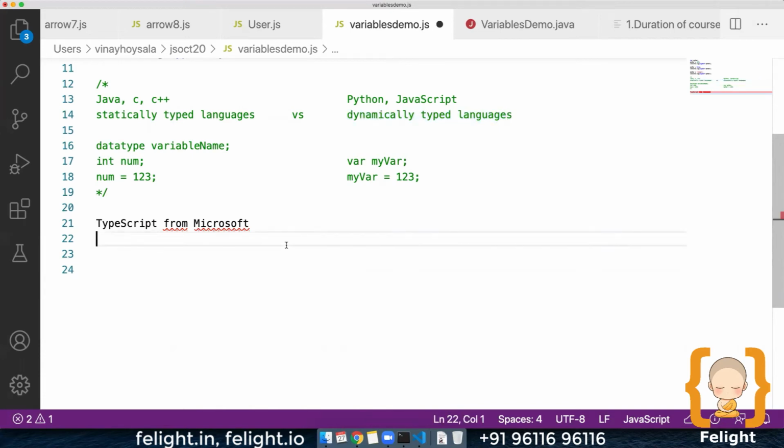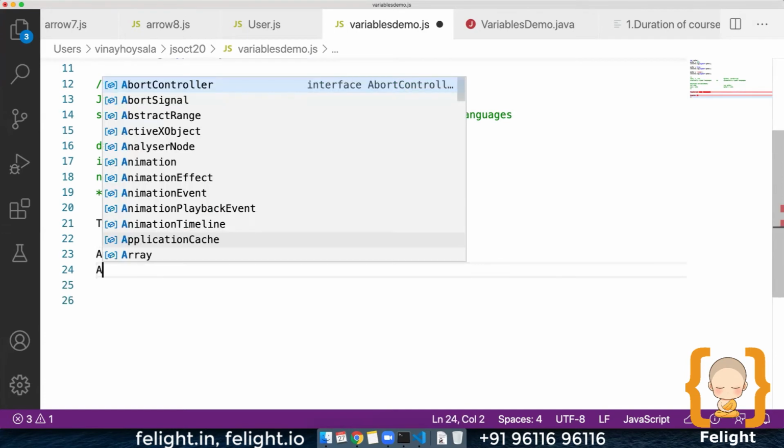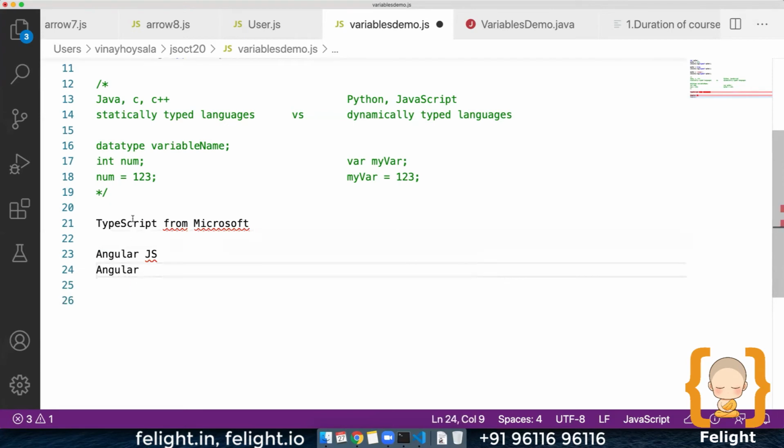Okay, sir. So after the introduction of TypeScript, Google, which earlier had something called AngularJS, renamed it to Angular, which is based on TypeScript. Okay, so many other